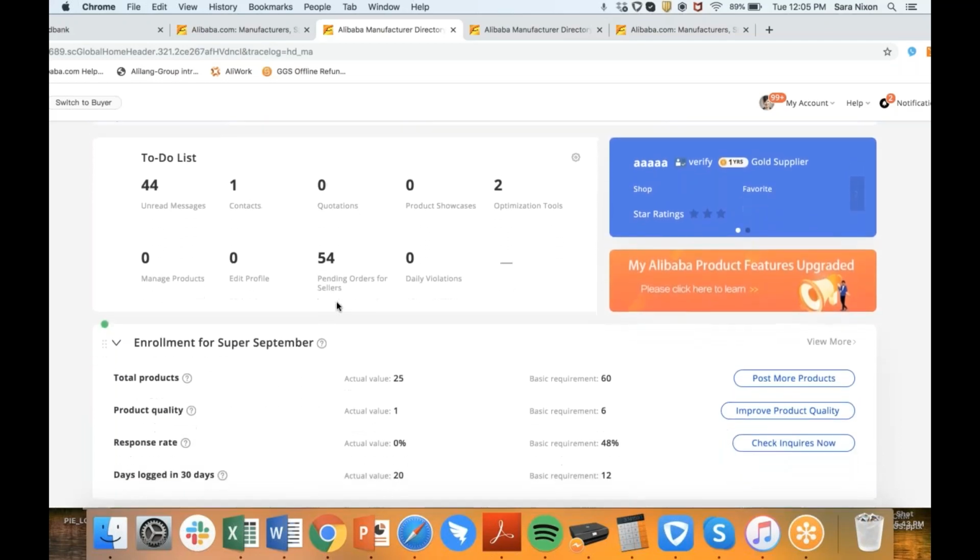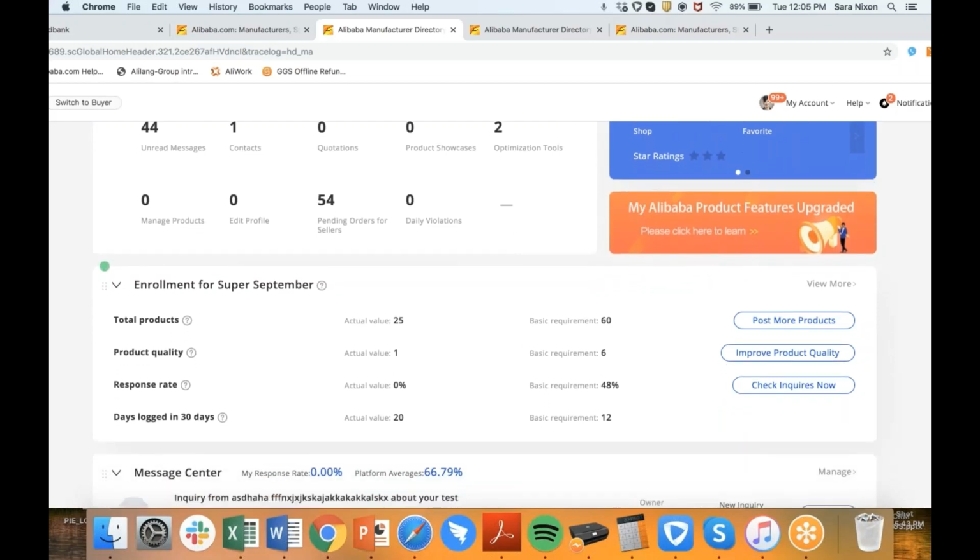As you scroll down on the page, you're going to see something that's a little bit funny because it says enrollment for Super September. Obviously, it's mid-November and the Super September promotion is over, and we do need to remove this, but I do think it is a helpful thing for all suppliers to review and look over because it's showing you, and we do monthly promotions where you can be featured on the homepage as well as our US Pavilion,